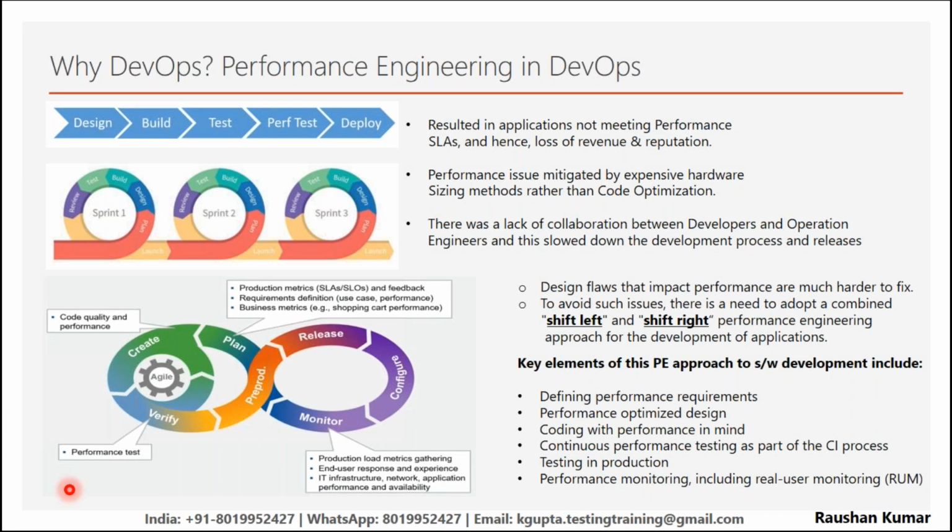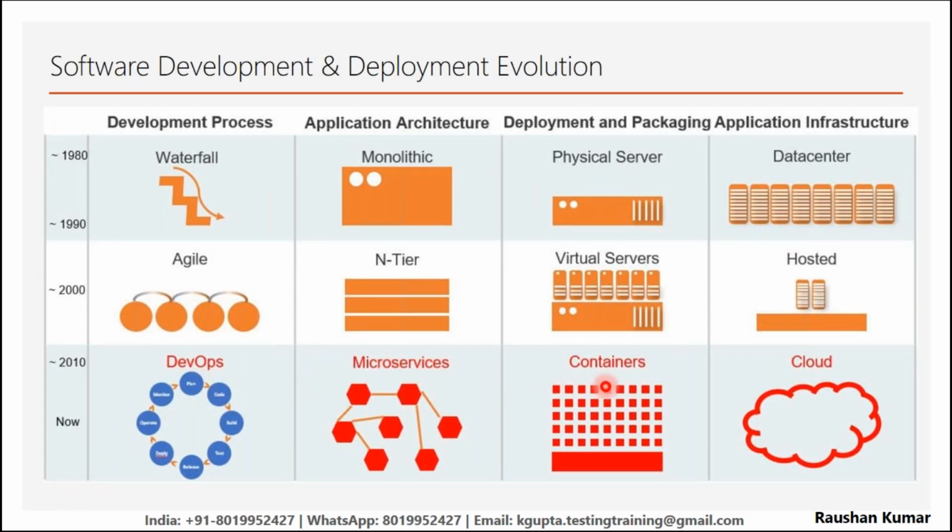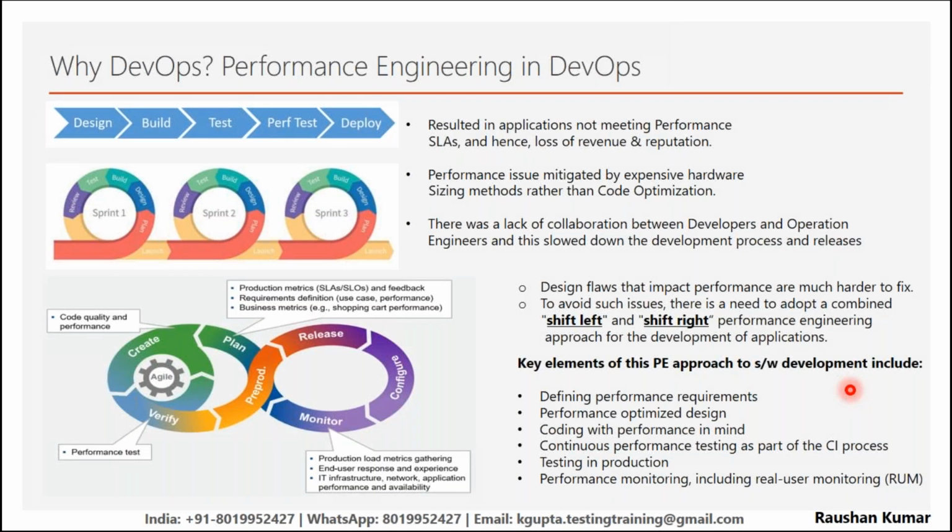Okay, so we'll go over all this, DevOps, microservices, containers, and cloud, briefly here. I have just 4 slides here, and then we'll come to our real course content. So this is how DevOps looks. You would have figured out that this is the waterfall model, a linear model with design, build, development phase, testing phase, then performance testing, then deployment. We used to skip performance testing also. At that time performance testing was not given the importance. Slowly we understood the importance of it. And this was the biggest drawback of the waterfall model.